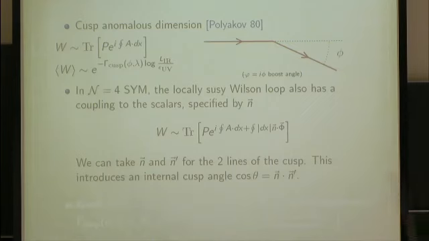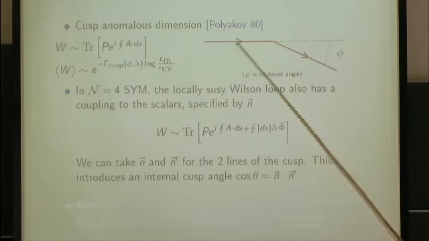is because if we consider, let's forget for a moment about the Cusp, if there was just a straight line, this n is a vector that in principle could be a function of the parameter of the curve, of the contour. But if you take it to be constant, this object is a half BPS operator, and in that case there is no Cusp anomalous dimension. Anyway, we are not going to consider the BPS case.